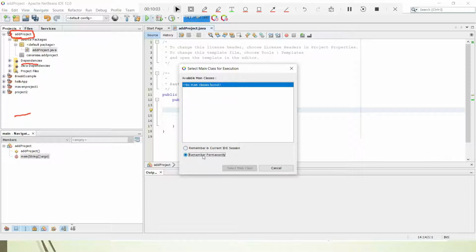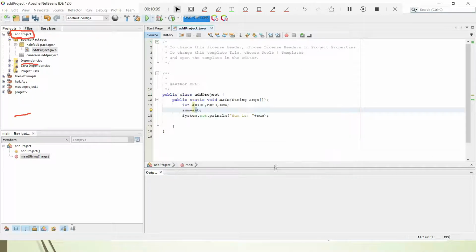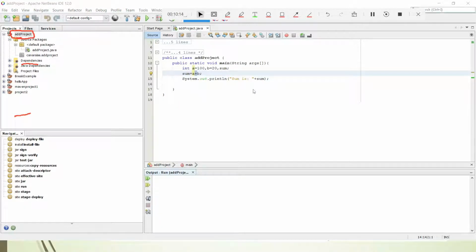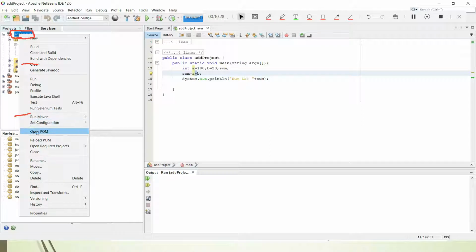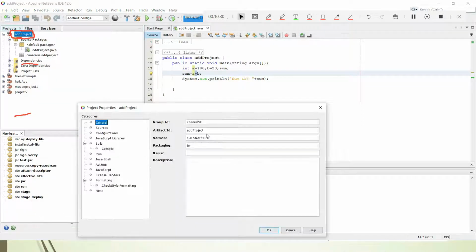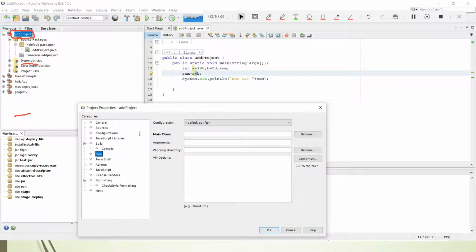So what are you supposed to do now? You have to select the main class. Students, we have seen that whenever we pressed run, we got a message saying you need a main class. For that, you go to the project, press on properties, and from the properties go to Run, and in Run, under main class, you need to give the main class, and our main class is nothing but the project's main class.